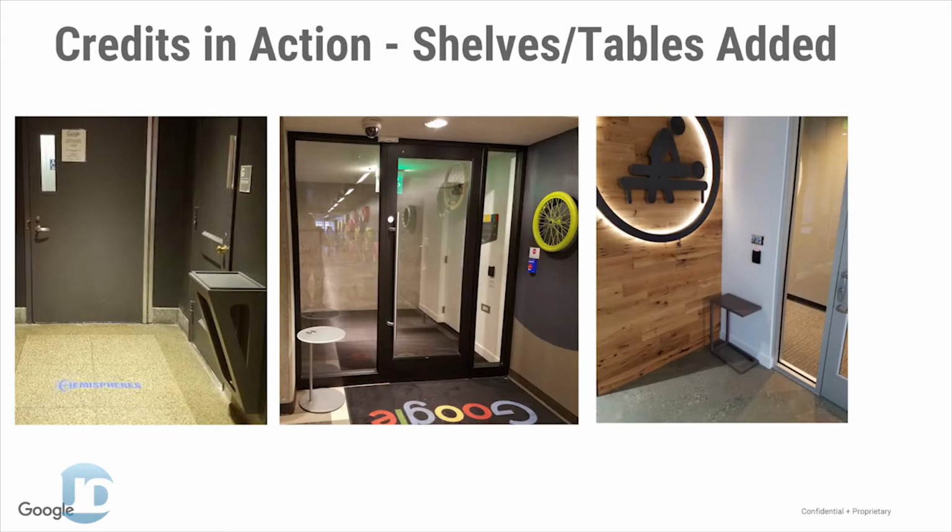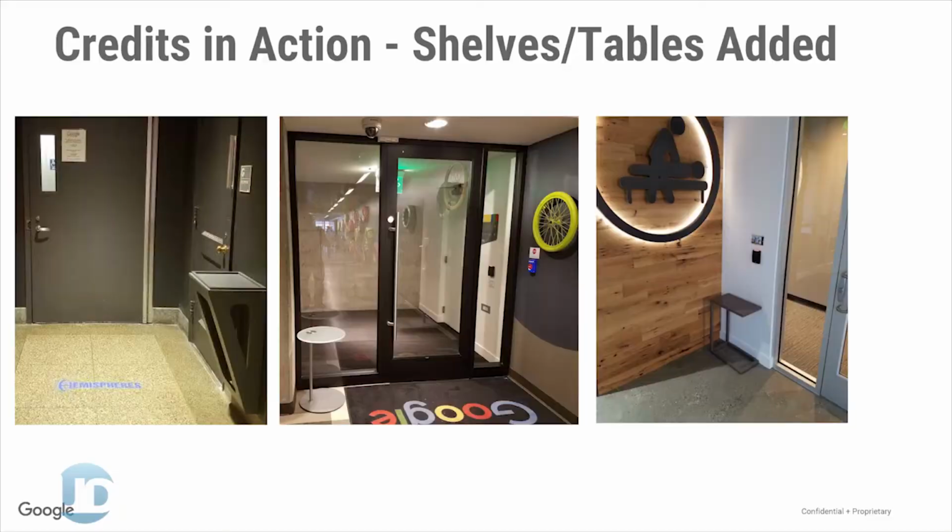So I wanted to show you a bit about what these credits look like in action. And something I want to stress is that I help to guide people to their decisions around how to make their spaces accessible without being too prescriptive. So that way people can make it fit the design of their local office. For example, you have a table that's built in, some tables that are more glass-like, and then a more rustic-looking table. And all of these work for the credit of adding a shelf or a table near an entryway,